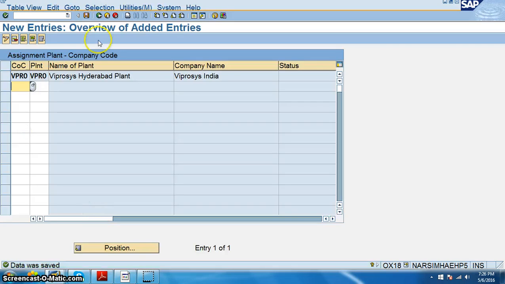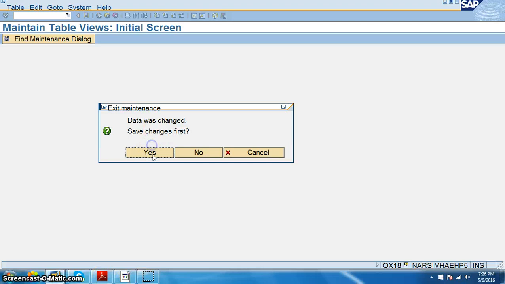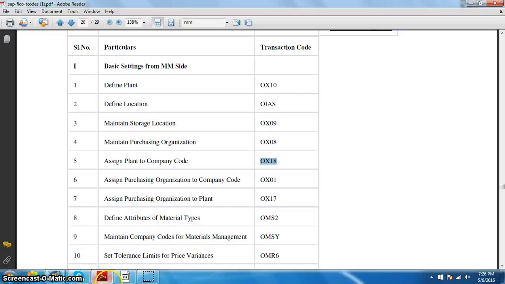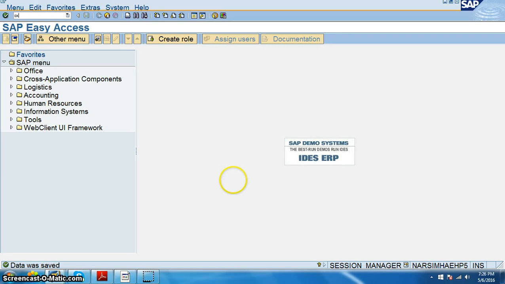Say OK, then come back. So we have been successful. Yes. Do you want to change? Yes. And after assigning plant to company code, we just need to go for assign purchasing organization to company code.